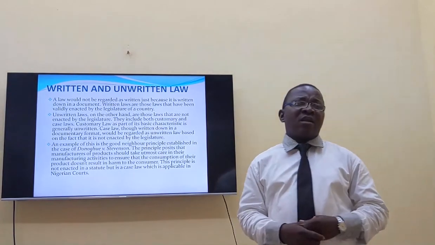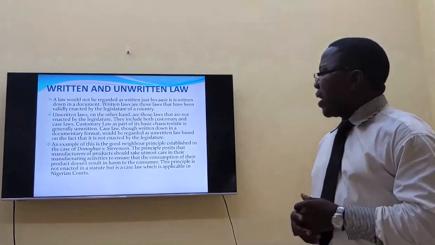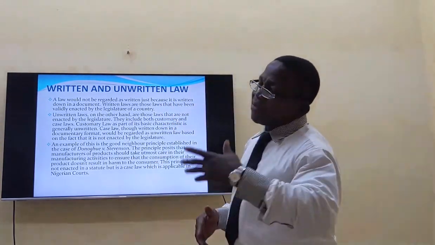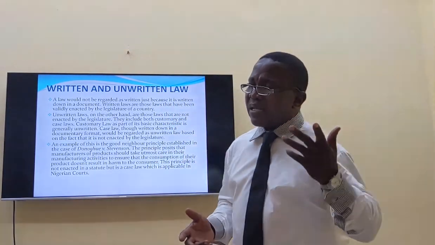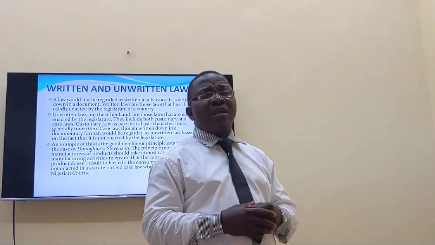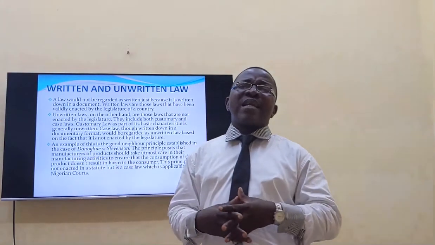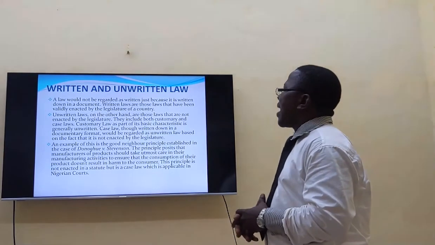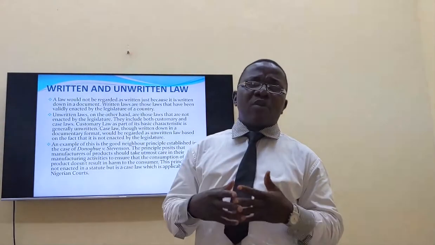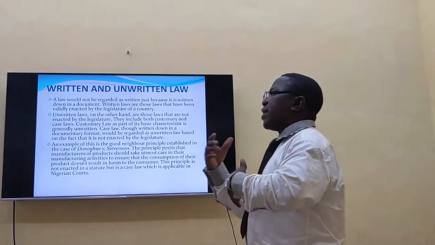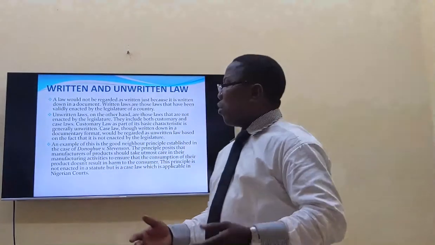So they are very clear. Legislators are those men and women that we elected as our representatives. Say, like in Nigeria, we have the Senate and the House of Reps at the federal level, the House of Assembly at the state level, and the councillors at the local government. They make laws. So those laws that they make are all written laws. Those that are made by the pronouncement of court judgment are virtually unwritten law. And those laws that equally emanate from the custom of the people are all unwritten laws.